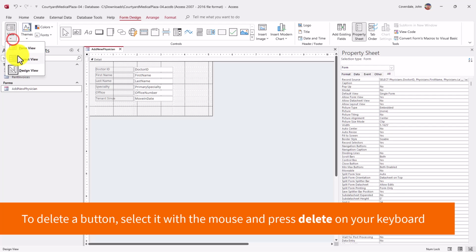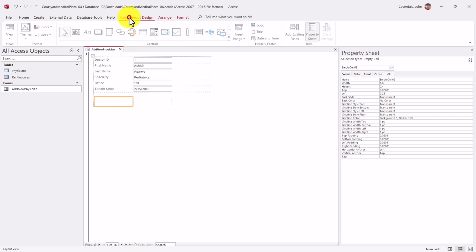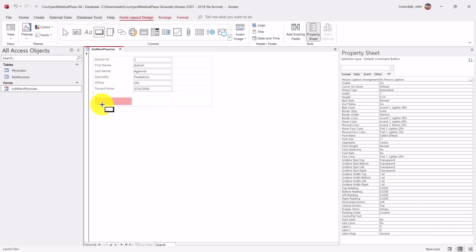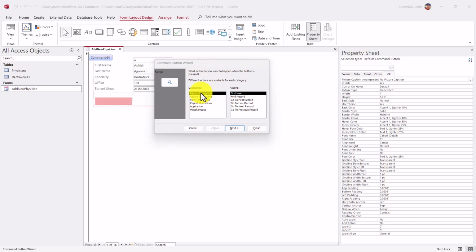Now I'm going to switch back to Layout View, and I'm going to activate the wizard again here, and hopefully it's going to work properly. So I'm on the Form Layout Design tab. I'm going to click here, and I'm going to click right there where this is highlighted pink. And then boom, I should get the command button wizard. So what do we do here? Well, what we want to do here is we want to